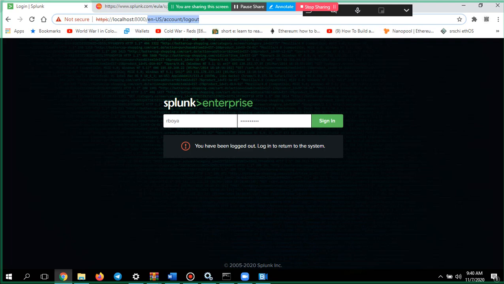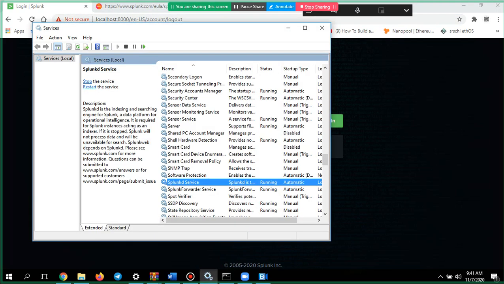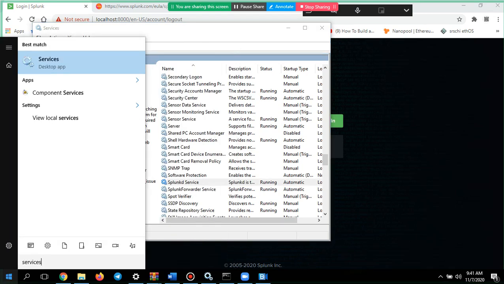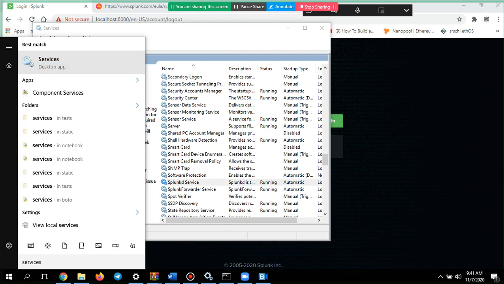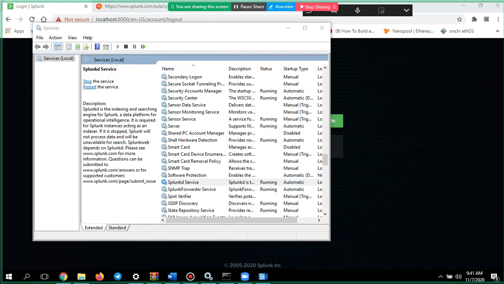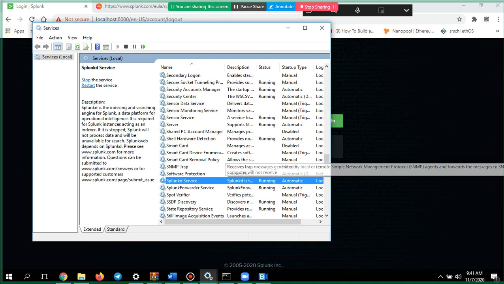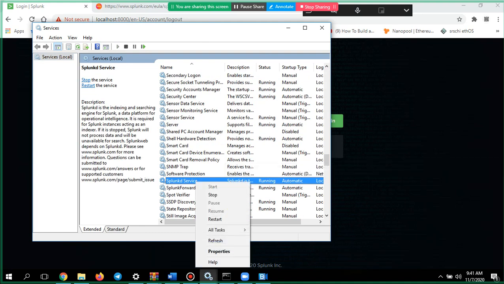If you are facing any issue, go to services. Just click on services. If you would have installed Splunk by that time, you'll get this. If it is stopped, just right click the Splunkd service and click start.